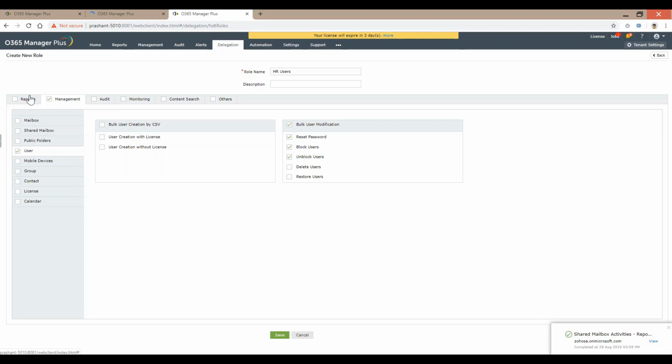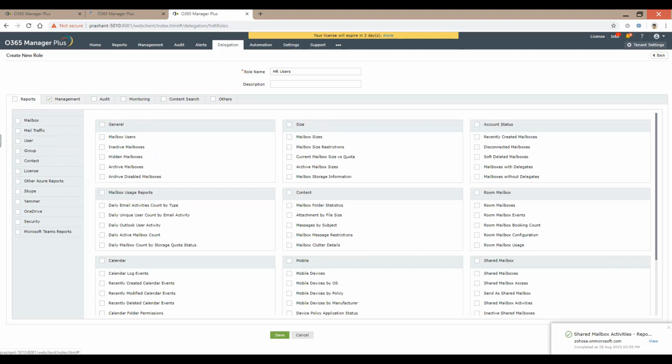And when it comes to reporting, I would give them a little extra leverage, get them to see a few reports that could be very helpful in determining the performance of a user: how long are they logging in, when have they logged in, when have they logged out, what's their status with respect to their mailbox activity, things like that. Have they been inactive, have they been active, what are the folders that they've been able to access in OneDrive. Certain reports can be given to HR as well. So you can get really granular and decide who gets what access.